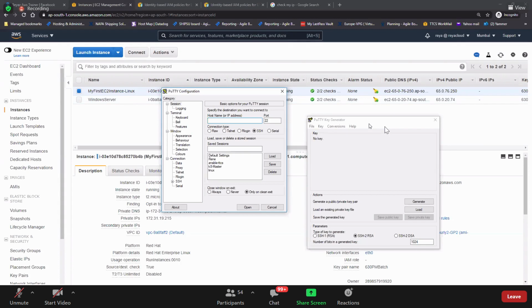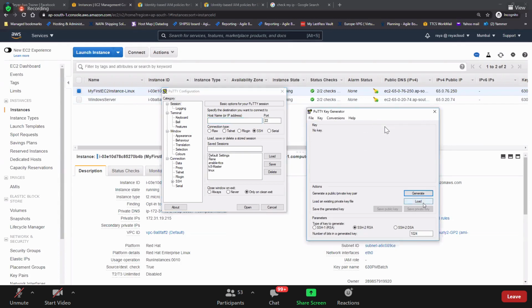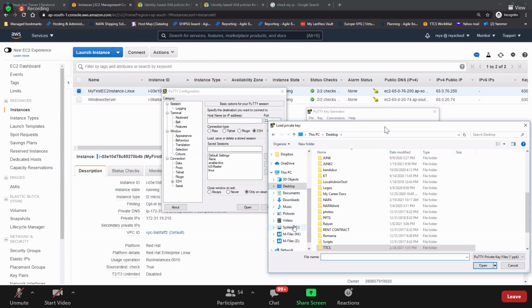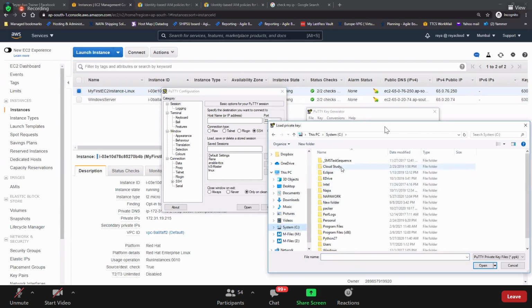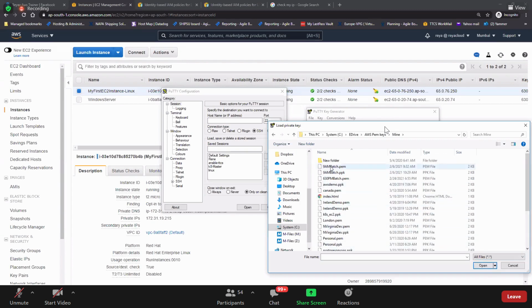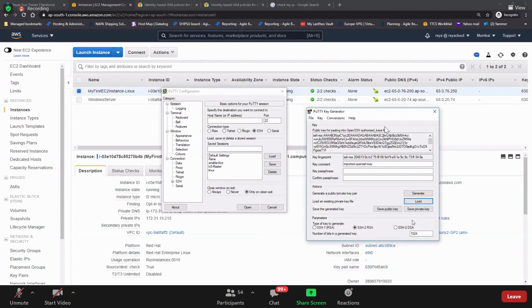It's simple. See here, open PuTTYGen and click on load. And here, go to your PEM file. Select that PEM file. It shows only PPK files, right? Here, select all files, and it shows your PEM file. Open it. Click on OK. That's all. What we did, guys: load and select your PEM file. That's all I did. And I'm saving the private key.